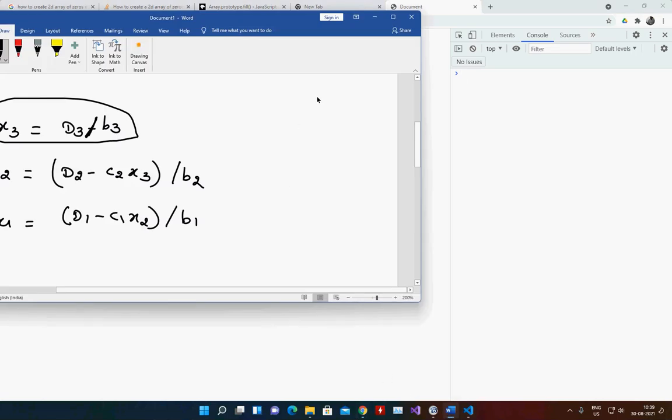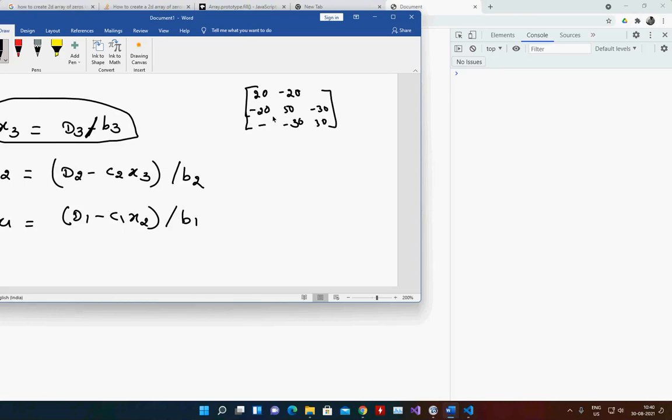So I create a small 3 by 3 matrix itself: 20, minus 20, minus 20, 50, minus 30, minus 30, and 30.